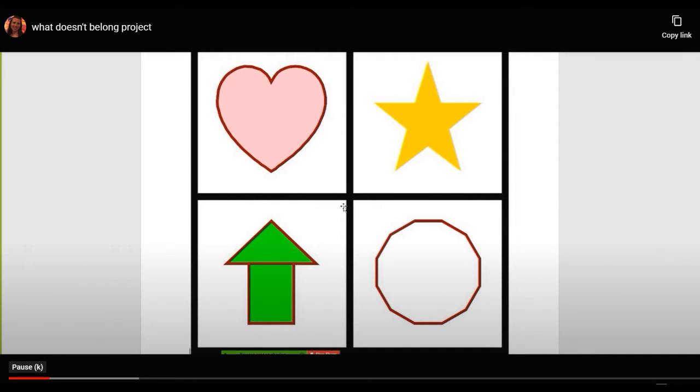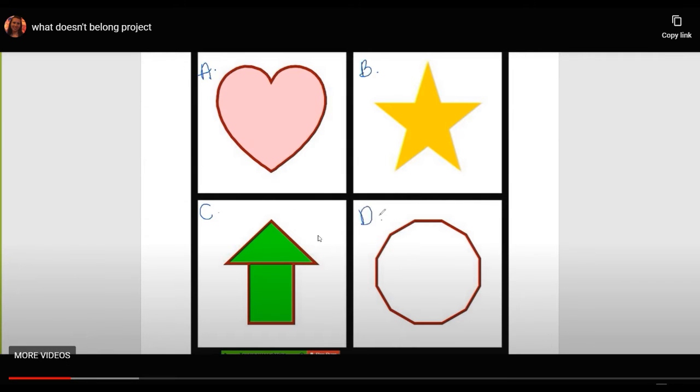So you're going to do something that is similar to this, but not exactly like this. Your child is going to come up with 4 different shapes and give a reason why each shape does not belong with the others. So for example,